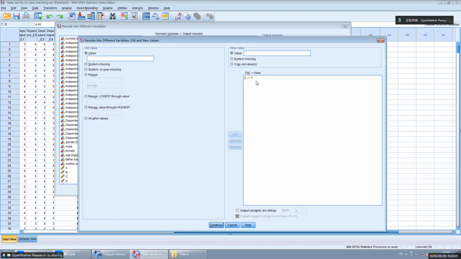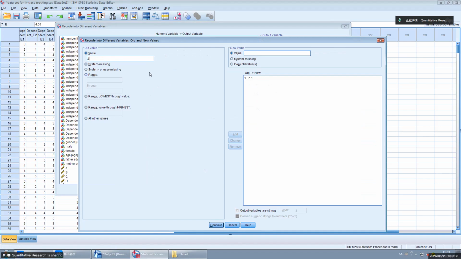Okay, I remove the original values. Now, because I'm creating the new dummy variable for physics, when the old value is 1, the new value should be 1. Good.